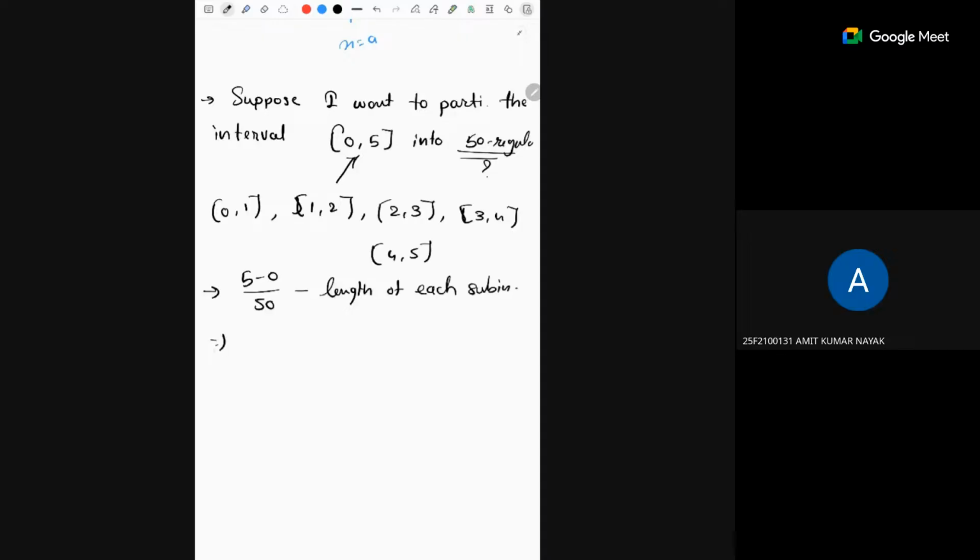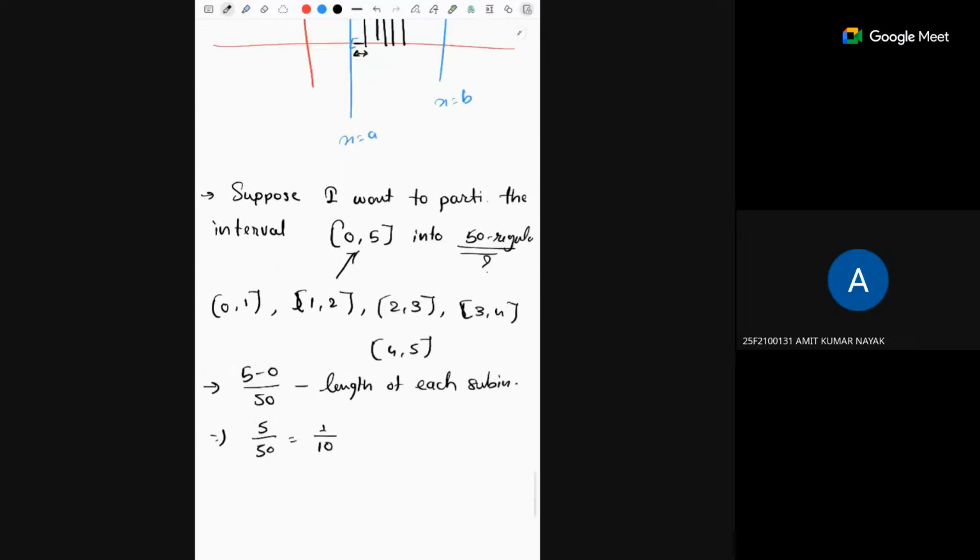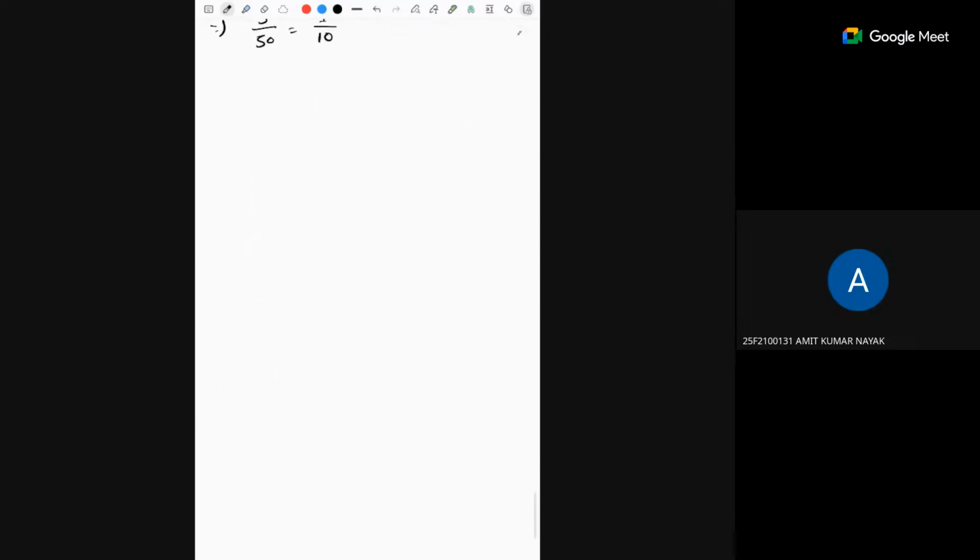Okay, so the length of each subinterval will be 5 by 50, that is 1 by 10. Right? So you'll take the first subinterval from 0 to 1 by 10. The second subinterval will be 1 by 10 to 1 by 10 plus 1 by 10, whatever that quantity is, and so on. So briefly, by using this example, I want to tell you this fact